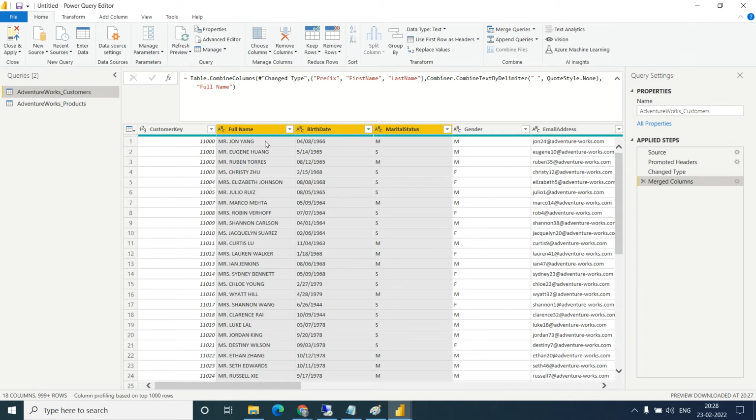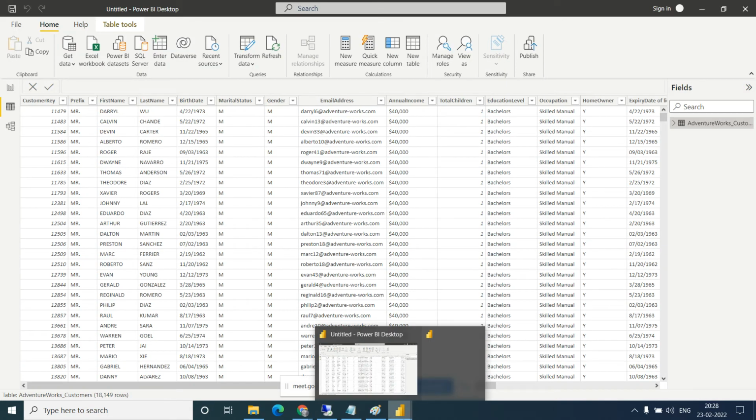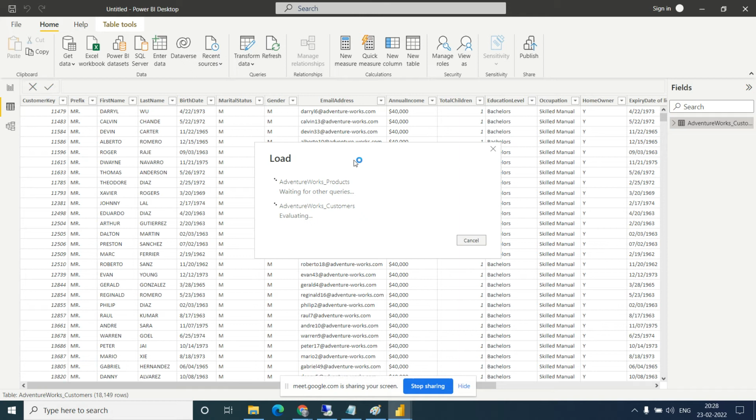If you want to see this data in your Power BI, what you need to do is click on close and apply. Okay, it has been closed now. So we got back into Power BI from the query editor. It is loading now.